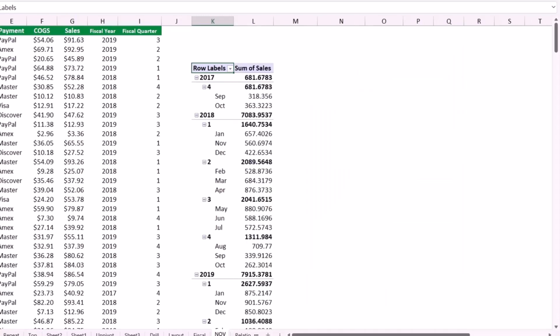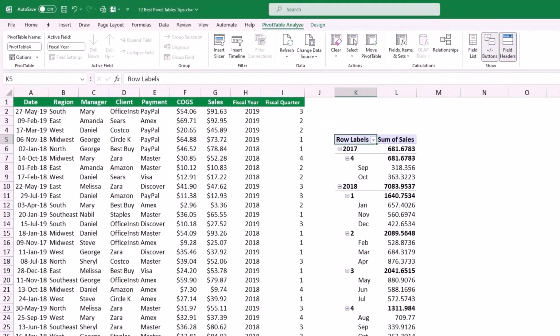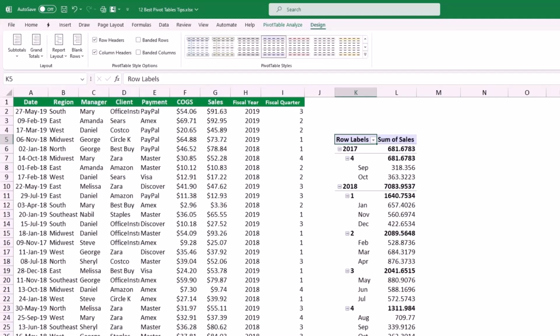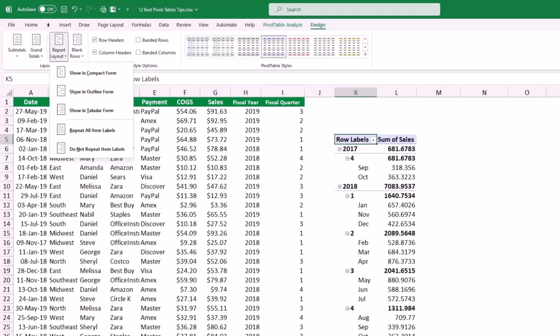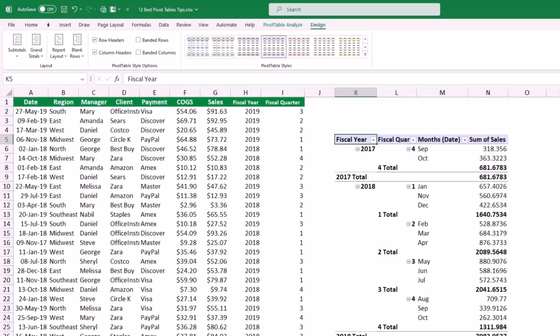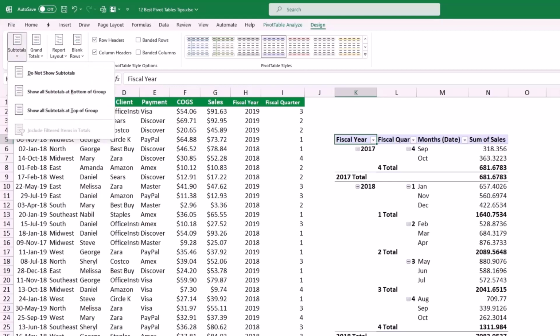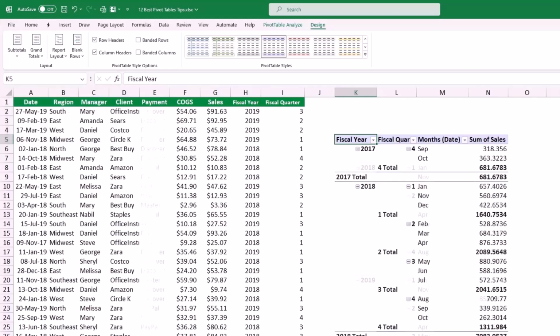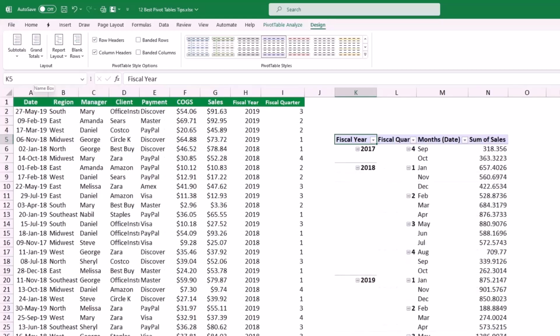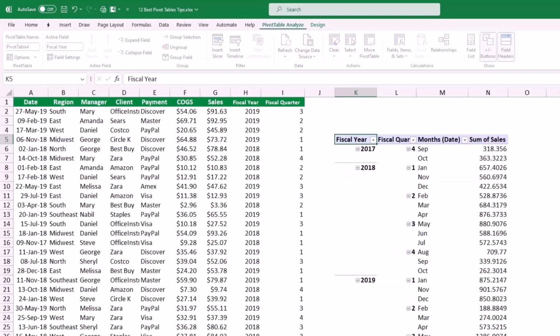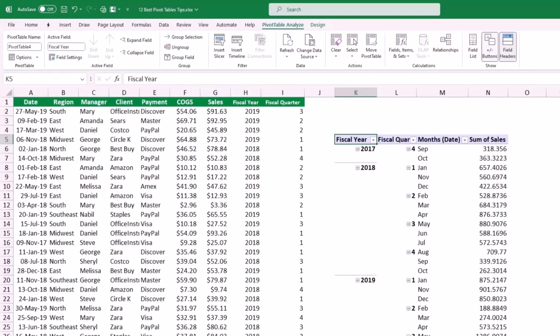I want to improve the appearance, then I change the layout on the Design tab. I click on the down arrow for Report Layout, and I select Show in Tabular Form. And I don't want any subtotal, then I select Do Not Show Subtotal to clean the pivot table a little bit. On the PivotTable Analyze tab, I hide the plus and minus buttons,